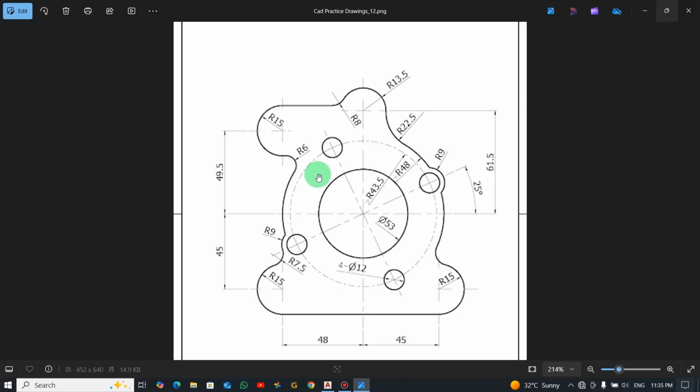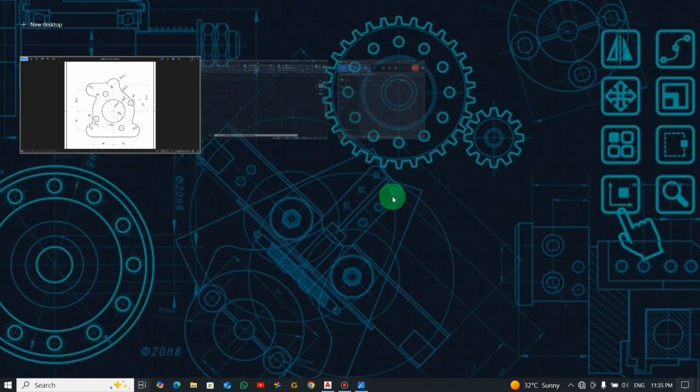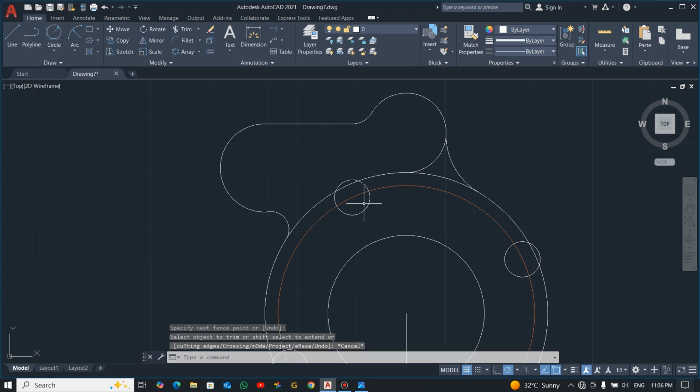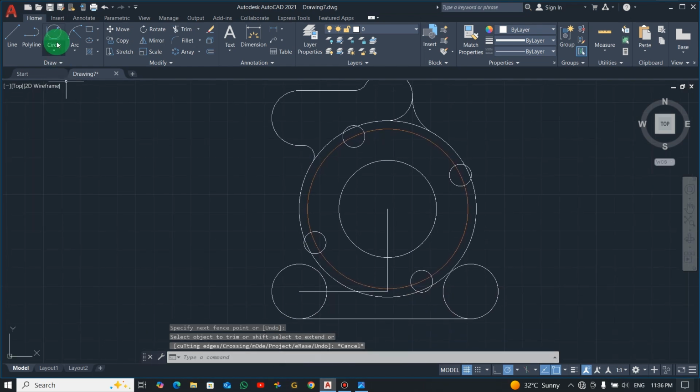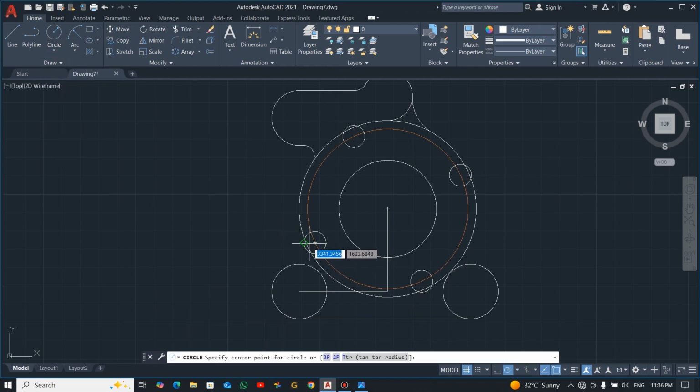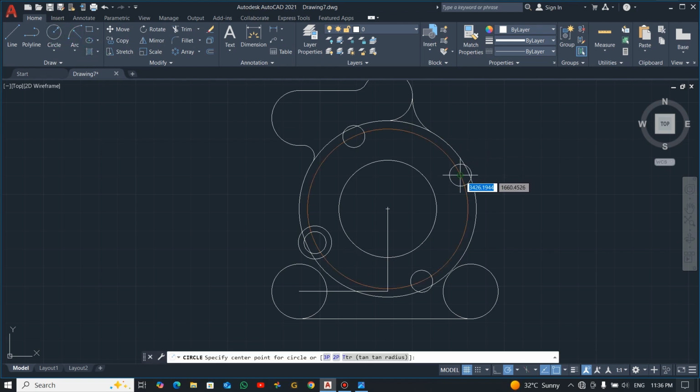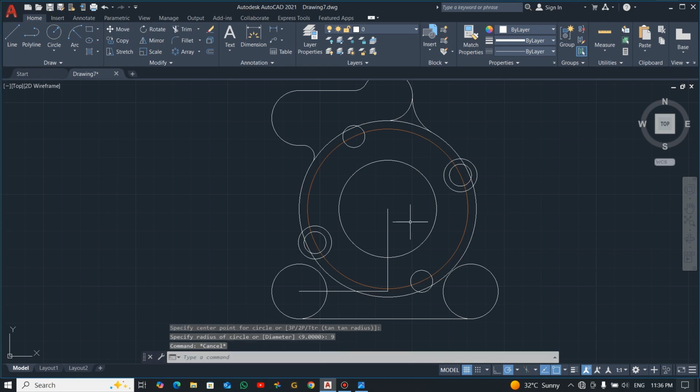Alright, so let's come down here. Now if you come down here, you can see there's a radius of 9, and the same thing up here, radius of 9. So let's draw this circle, sorry. Let's draw a circle with radius 9. So center, radius 9. Good. The same thing up there, 9. Alright, so from here we will trim,